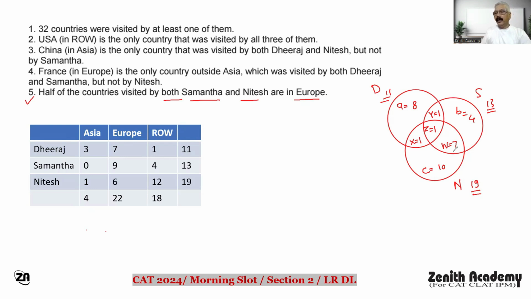See, Nitesh and Samantha, they both visited 7 countries together. And here, Neeraj, Samantha, and Nitesh visited together. But here it is not given whether Dheeraj is with them or not. So to understand this line, half of the countries visited by both Samantha and Nitesh are in Europe. Samantha and Nitesh visited together